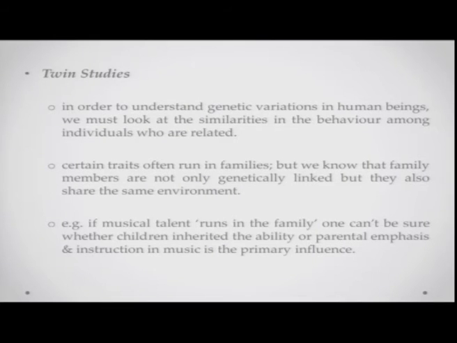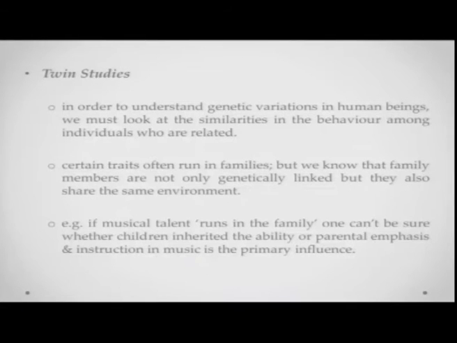So, you can say these two siblings behave in much the same way, or the child behaves like the father or the mother. But you cannot be sure whether it is biological or environmental, because even though they share the genetic makeup, they also share the same house. The child might be learning all of these things just through nurture, or the siblings might be learning from each other just because they are spending so much time with each other. For example, if musical talent runs in the family, one can't be sure whether the children inherited this from their parents, or whether their parents were practicing and encouraging music, and that is why they have grasped it by way of nurture.